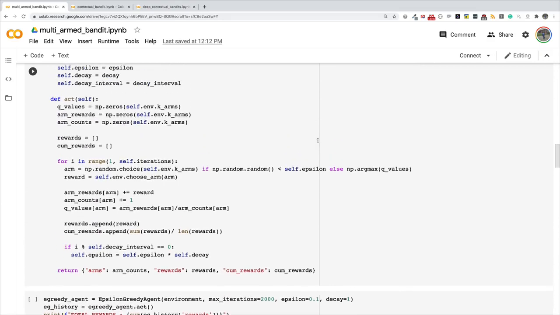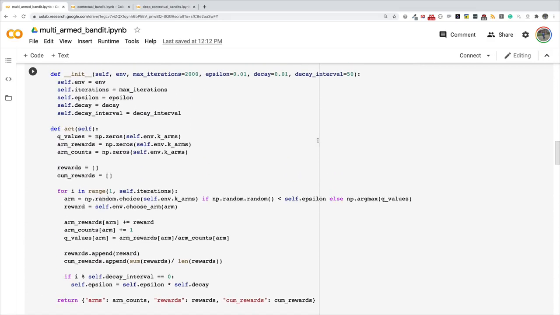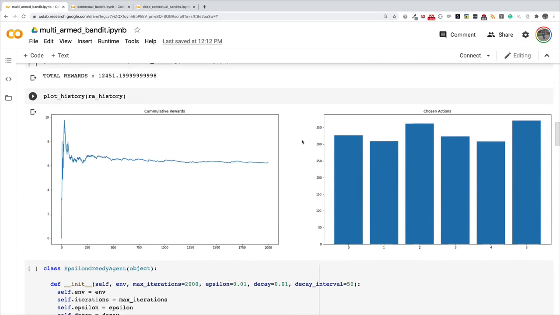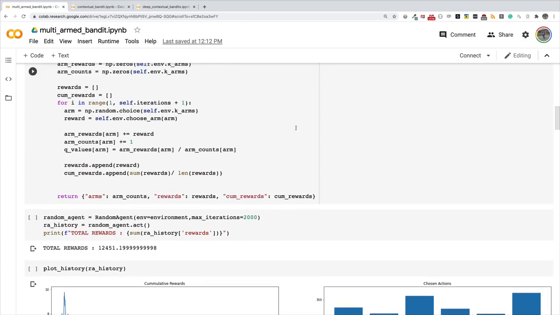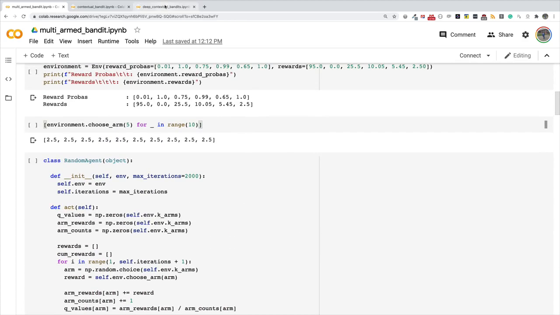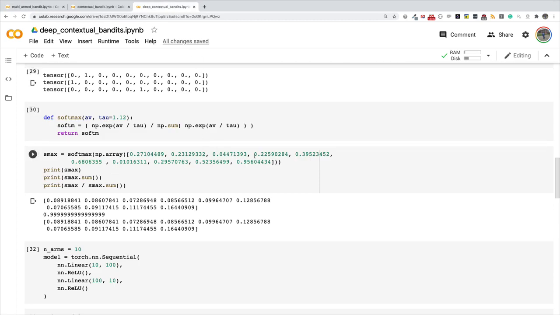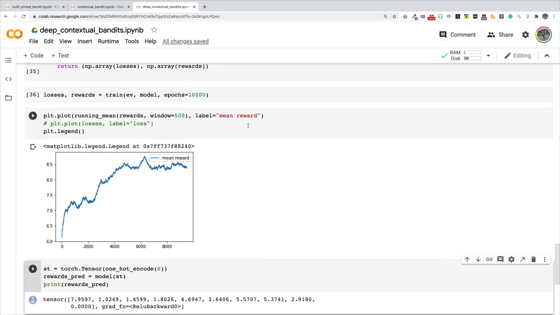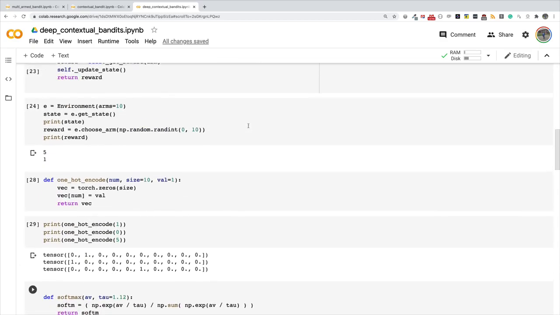And this video is going to be another hands-on project where we get a chance to practice and learn something new. So, today's video is going to focus on Deep Contextual Bandit, which is also a multi-armed bandit algorithm that takes into consideration state or context information. And I have already implemented this, but I'm going to implement it from scratch with you so that you understand every